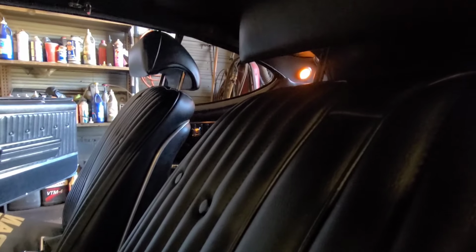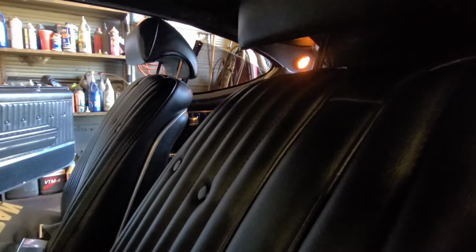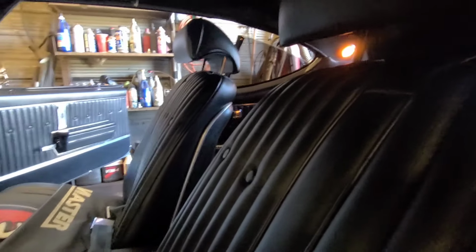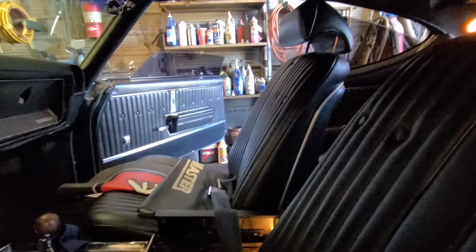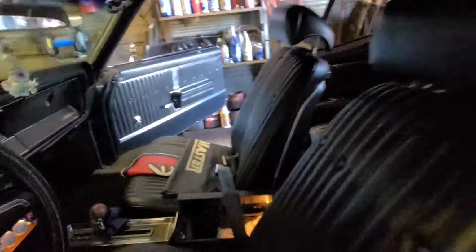When I roll it down with the switch, you can see it rolls down, but I'm pushing the switch up and it's not working. Let's see if I can push it a little harder. The left one works up and down. The right goes up, right front, and down. Now from the other side,